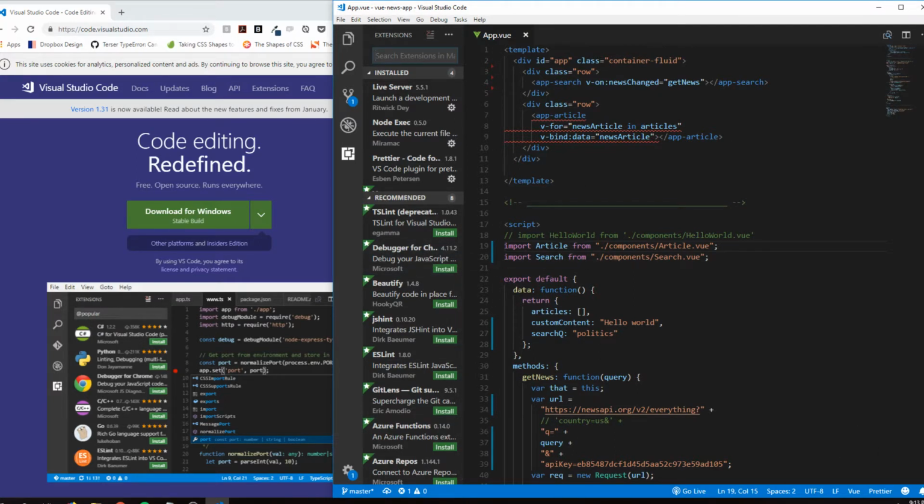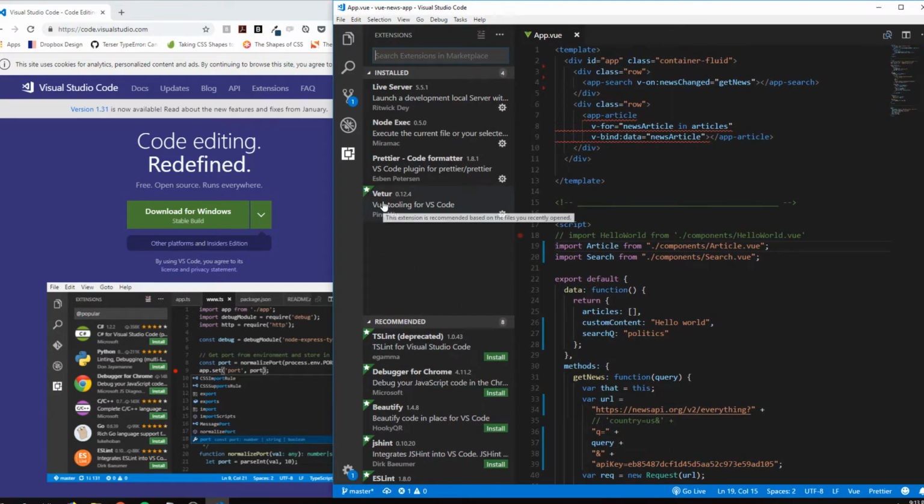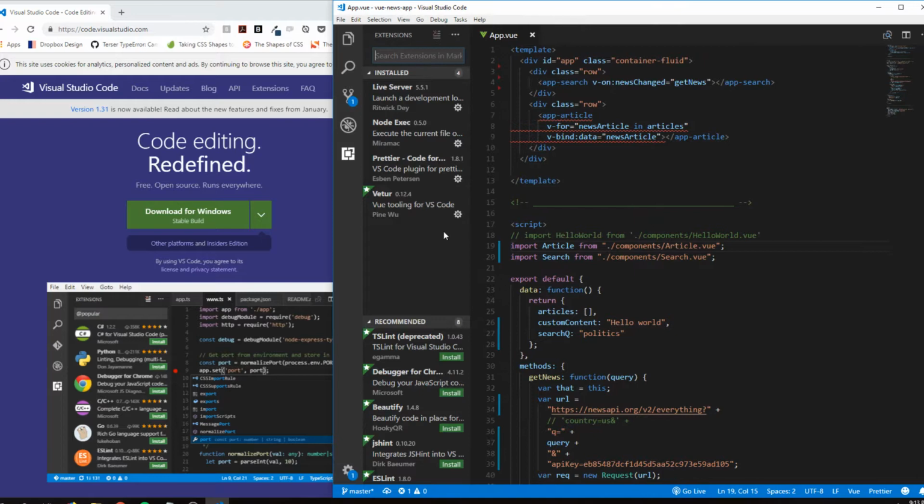I think you'll see a pop-up window right down here at the bottom, and it will automatically install that for you. Here it is right here on mine. Vetur. It's a Vue tooling for VS Code, and it allows Visual Studio Code to correctly interpret